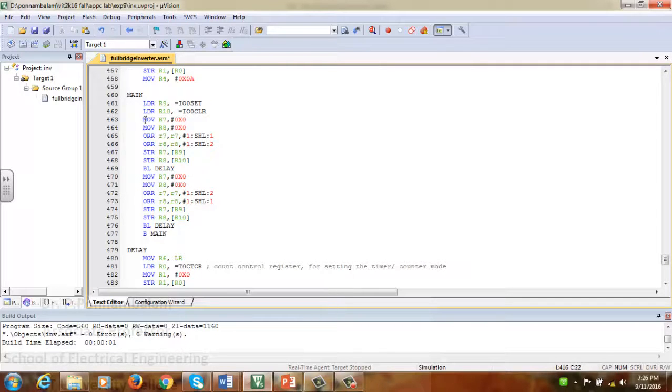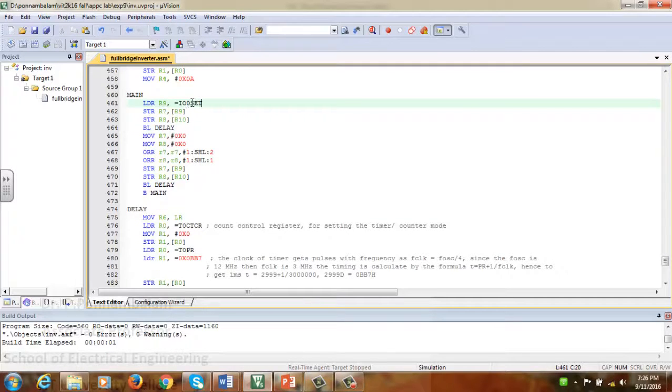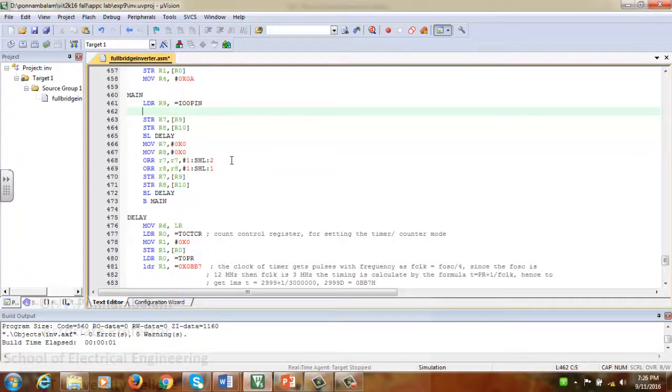Here I can change these things, and I can make this IO0SET as IO0PIN. Then I can use MOV also, MOV R7, #0x02. So that goes into the IO0PIN, and this is not required.